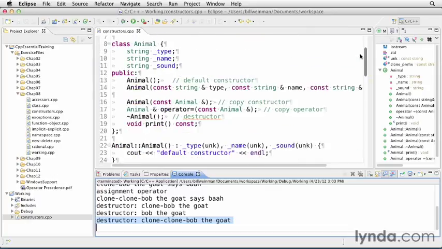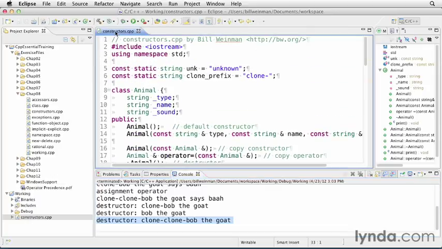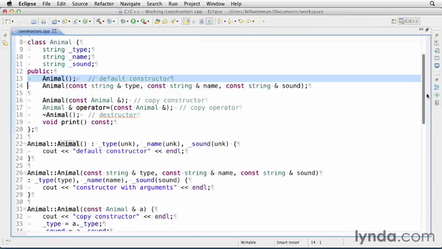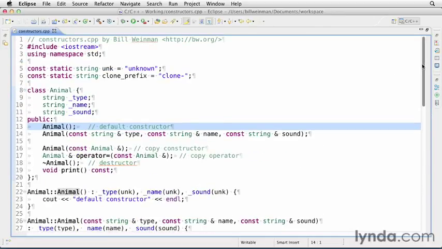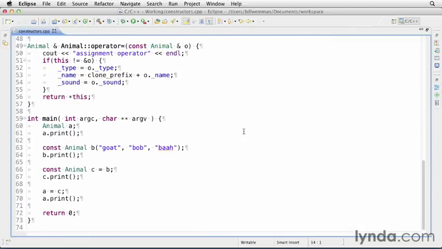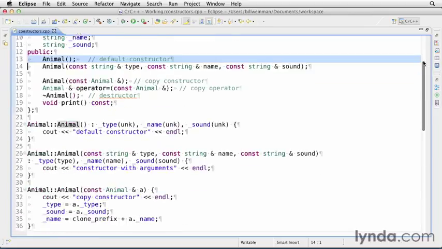So there's just one more thing that we need to cover here, and I'm going to maximize this so that we can see this. You'll remember that C++ provides implicit constructors. And for example, the default constructor here, which I've highlighted on line 13, if I don't define one, C++ provides an implicit one. If I want the object to disallow the default constructor, in other words, coming down here into main, and the way that I've constructed the A object on line 60, if I want that to be illegal, if I want that to be disallowed, if that's not a valid use case for my class, I can do that by simply